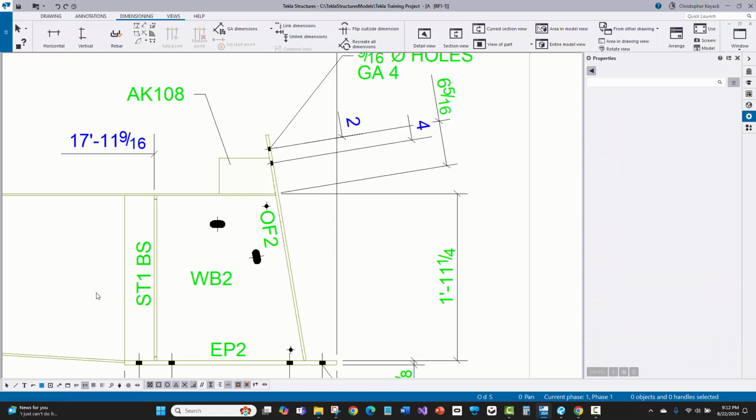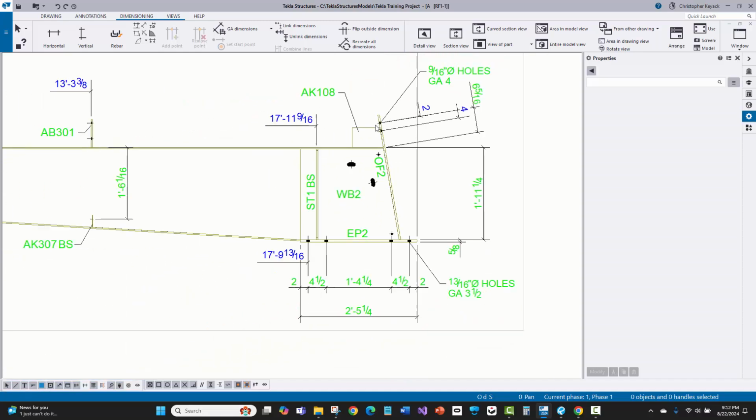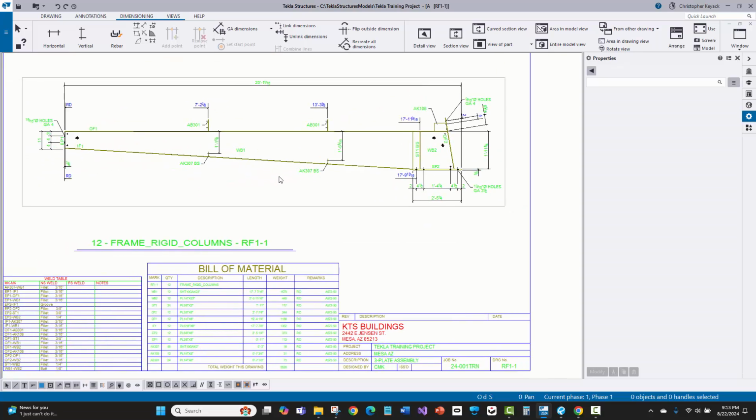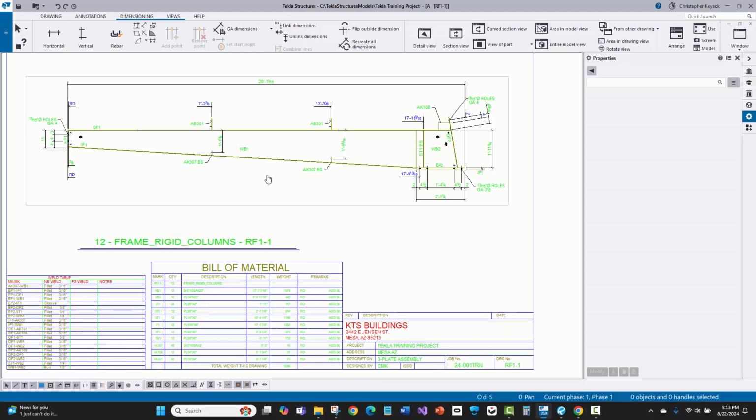Now I want to make sure that I turn my selection down here at the lower left back on, so I'm not just selecting individual dimensions, but I can select all objects. And that's a pretty good starting point. I think I got everything I need there to basically have that drawing. The last thing I'll probably do here